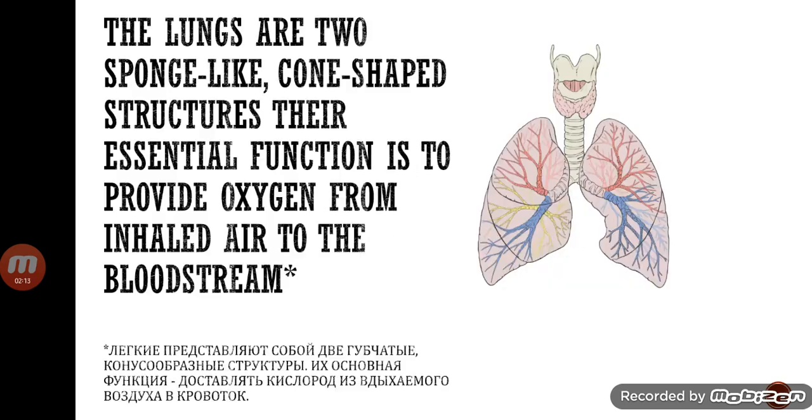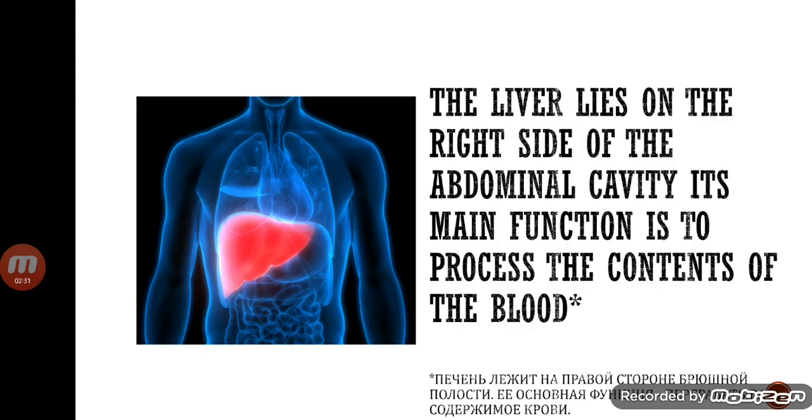and emotion. The lungs. The lungs are two sponge-like cone-shaped structures that fill most of the chest cavity. Their essential function is to provide oxygen from inhaled air to the bloodstream and to remove exhaled carbon dioxide. The liver. The liver lies on the right side of the abdominal cavity beneath the diaphragm. Its main function is to process the contents of the blood to ensure composition remains the same. This process involves breaking down fats, producing urea, filtering harmful substances, and maintaining a proper level of glucose in the